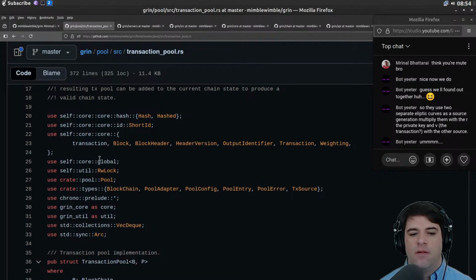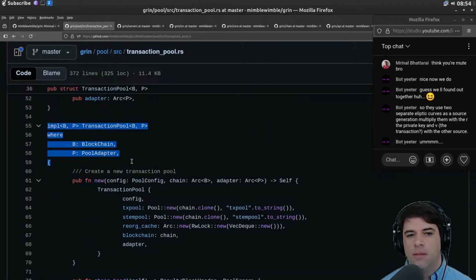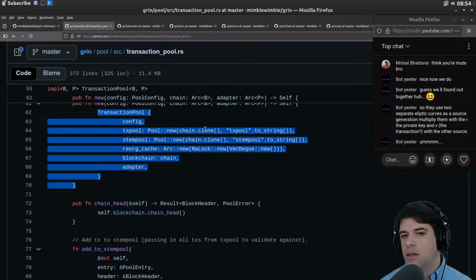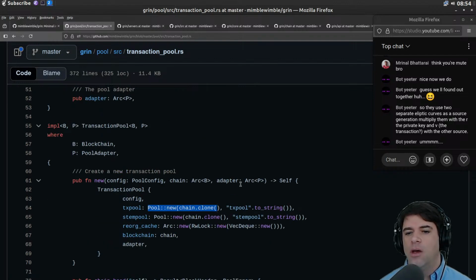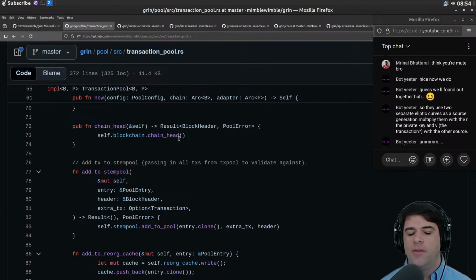And then we have, I guess, this is Rust, so this is a struct. This seems to be an implementation, probably. You can create a new one. It just seems to do some memory stuff. We're going to clone the chain. Wait, what? We're going to clone what? I don't know how expensive cloning a blockchain is. I don't really know what the blockchain keeps in memory versus what's on disk. And then we've got the stem pool stuff. Let's ask Gemini about stem pool.